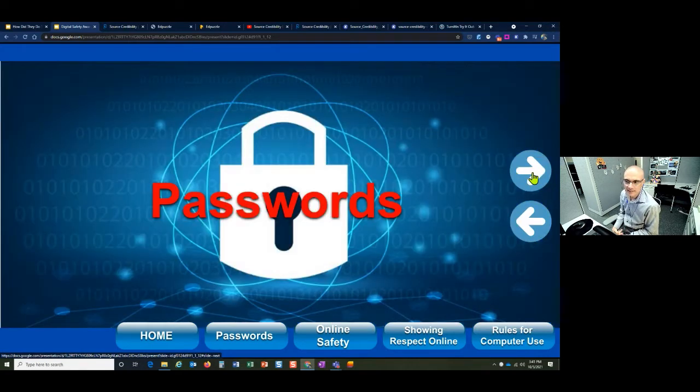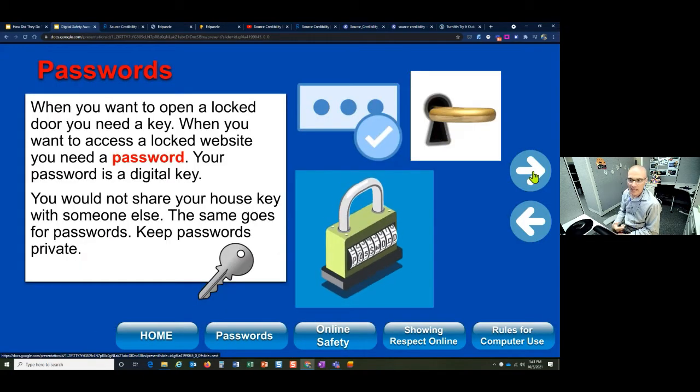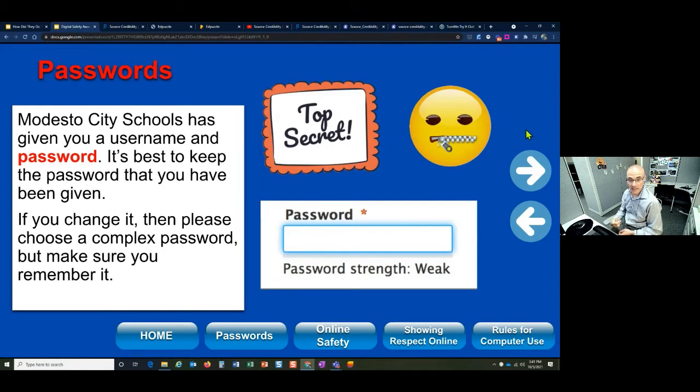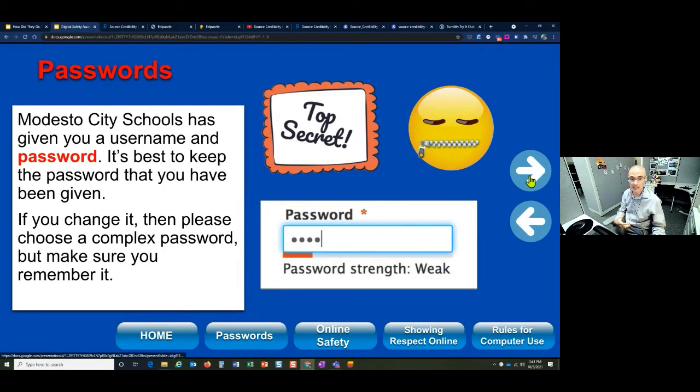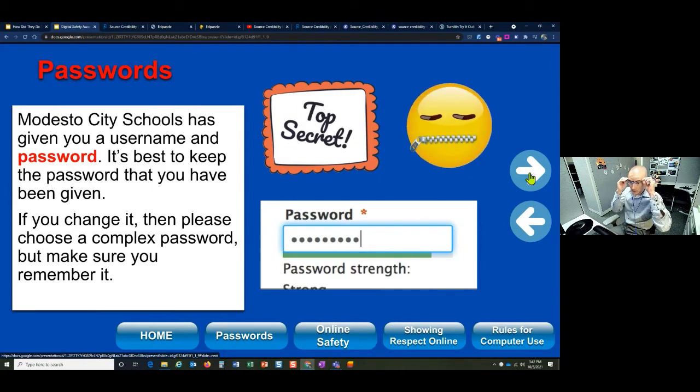Next. Then it goes over passwords. Next. Remember, this is for very young kids, so it's going through that vocabulary development, particularly